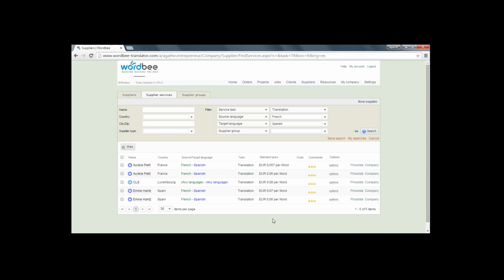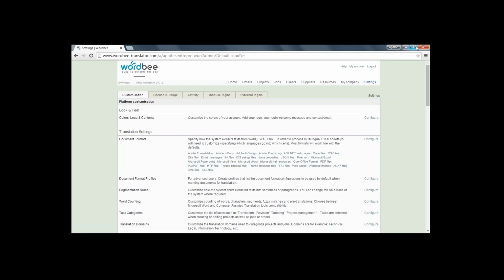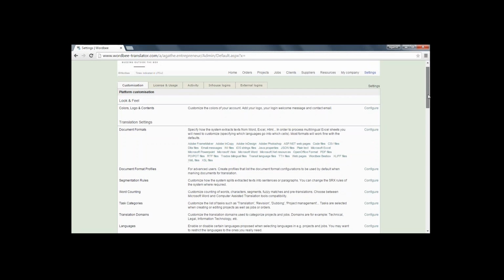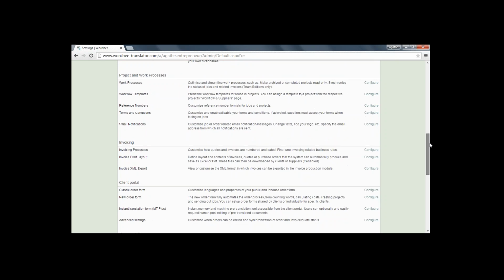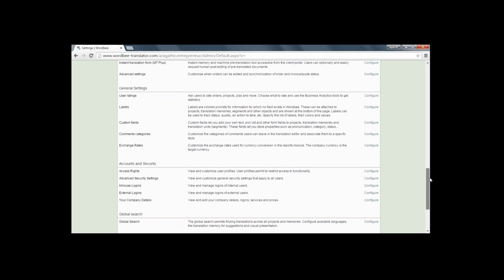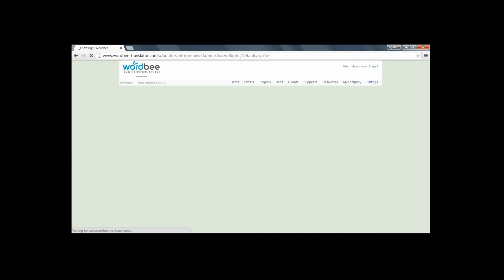So now I've shown you how to configure the global search. And what I propose to show you is how to make it available, for example, to linguists, to translators, and to clients also. So to enable this function for clients or suppliers, you need to reach the settings page of your platform and modify the access rights. And for this, you need to be the administrator of your platform. So you see here, access rights, you click on configure,